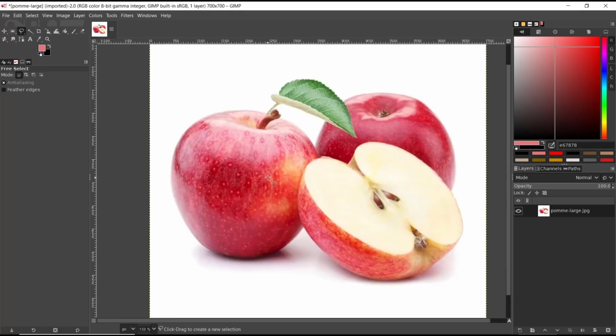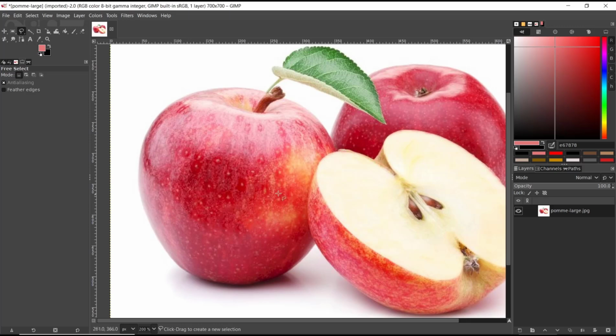We need to trace the image, so you can zoom in, and I will start from this point. Click to trace around the outside of the image. As an example, I will set it in so we can delete the other object